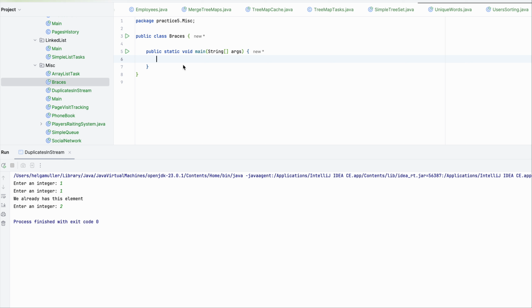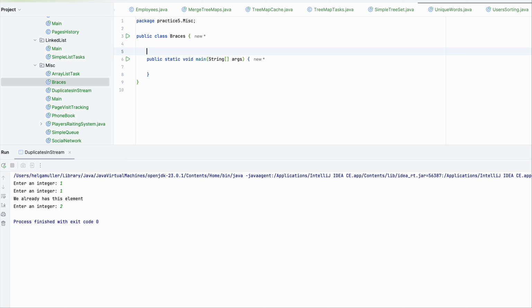method which returns boolean. So it validates the string. We take a string as an argument. It returns true if the string is a correct braces sequence, where the order and amount of opening and closing braces of different types, I mean square, parentheses, curly braces, are correct. So I'm going to validate this string, and the idea is to create a stack, an empty stack initially, and